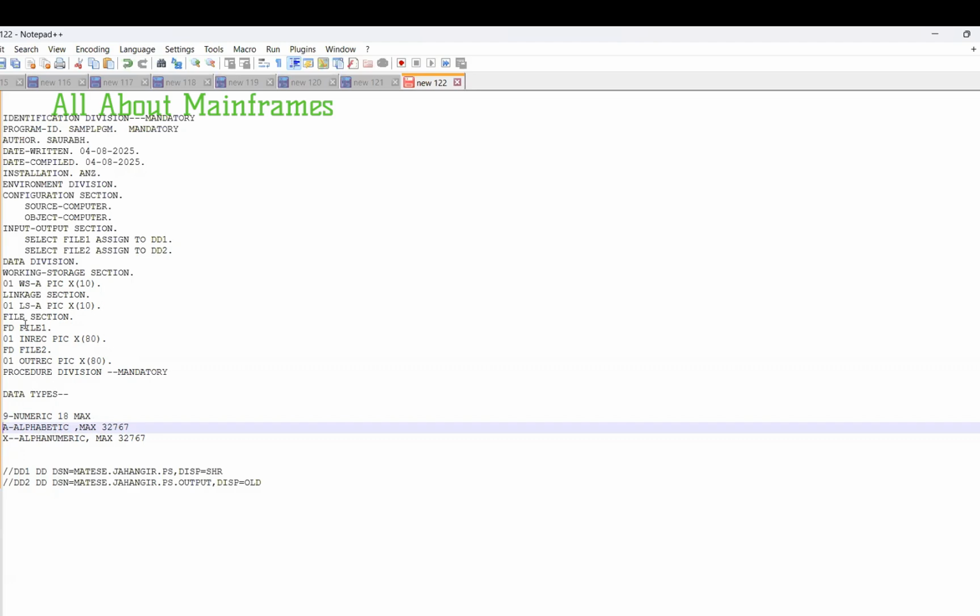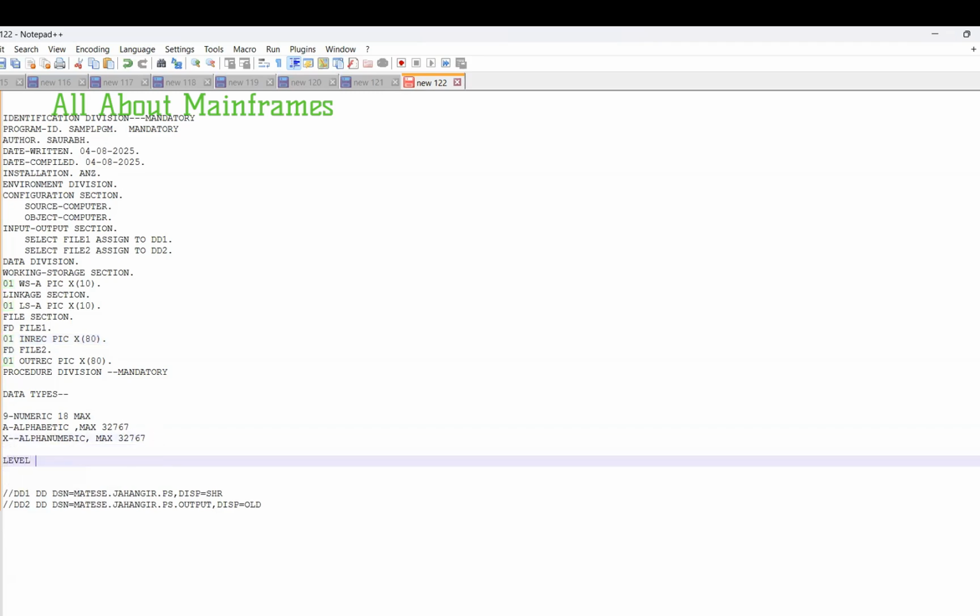Now file name is file1. Each record name is inrec of the file. Data type is X, and length is 80. Here 01 is mentioned. Now what is 01? This is called level number. What is a level number? Level number means